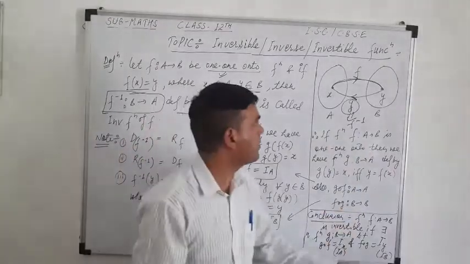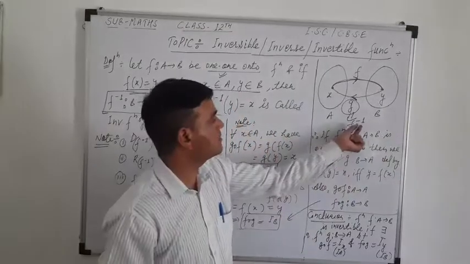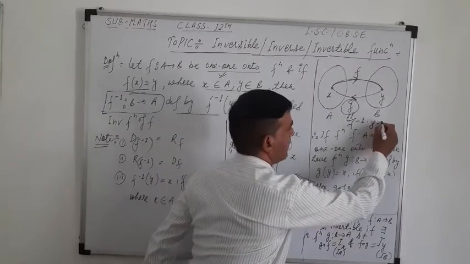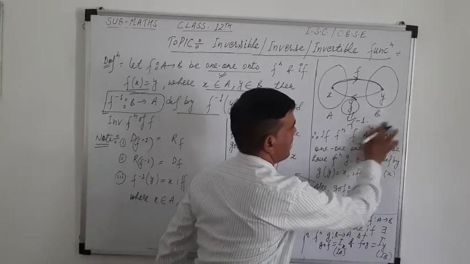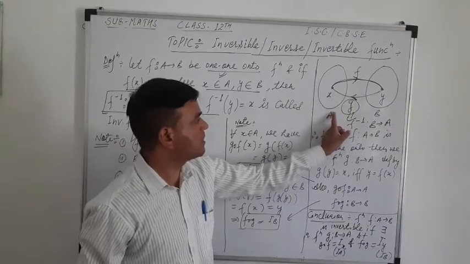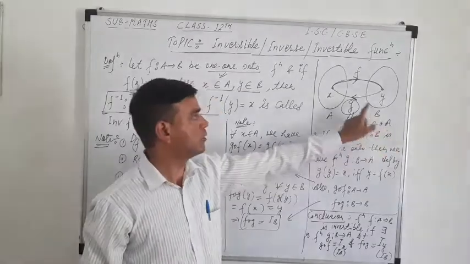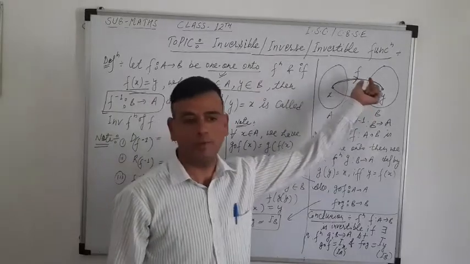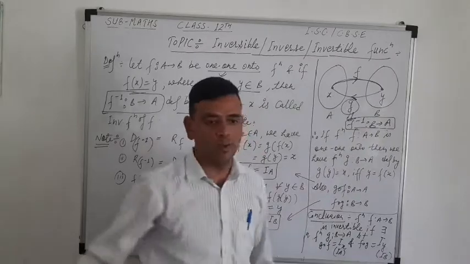So you can easily understand from here, if any function is given from A to B, then the reverse of that is f inverse such that B tends to A. Since the function is f such that A tends to B, the inverse of this function is f inverse such that B tends to A. So the reverse of f is called the invertible, inverse or inversible function of f, and that is denoted by f inverse such that B tends to A.